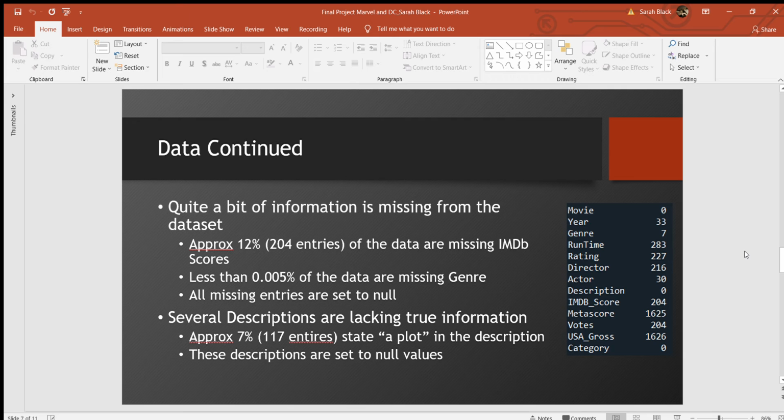And the last thing, which feeds into our cleaning a lot, is the description. Although everything is filled in, it is lacking some actual driving information. Some descriptions of the movies just say like a plot or movie, and so that drove the data cleaning quite a bit, by making sure plot, movie, some of those keywords that you wouldn't think need to be included in our stop word list needed to be included. So that really kind of drove that as well.